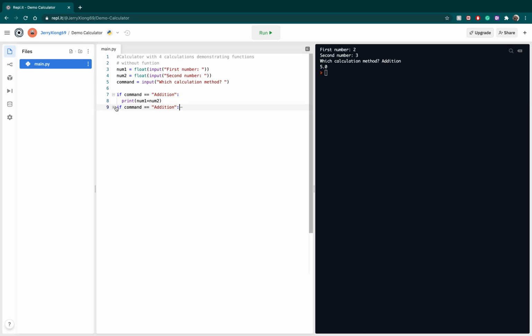Yeah, and then we can basically copy this. Change this to elif, or else if. Command is subtraction, you just minus, and then keep going. If it is multiplication, you multiply them, and